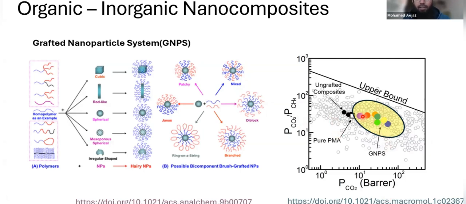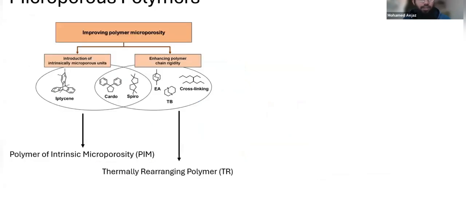And the other way to do it is, imagine if we could create a polymer that could have voids in it inherently, right? That would also do our job, because imagine you have a polymer that has holes in it, and you use these holes for the gas to transport from one end to another. And that's exactly the concept of microporous polymers. So polymers involving microporosity could be achieved in two ways.